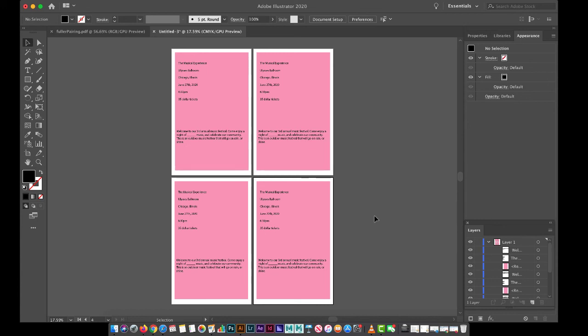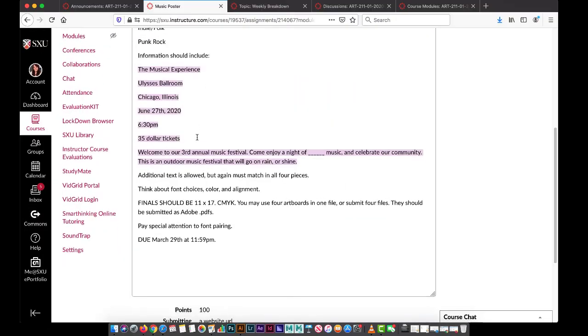Now I'm going to think about what font choices I'm going to use to make it fit my 4 musical categories. So if this is now rock, and this one is country, and this one is punk, what else did I say?